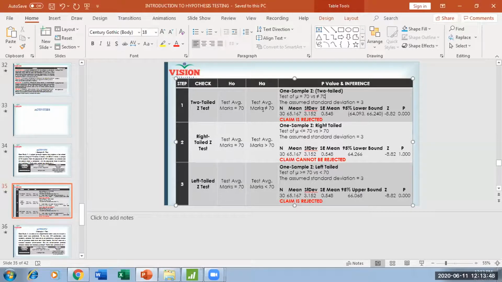It may be on the left side moving to 65, or it may be on the right side moving to 75. The difference after movement, your process has shifted. Principal claims he is running a process whereby students will score 70. But reality is, over time, your process got shifted. To the right is good, to the left is bad. But anyway, shift has happened. And that difference in the mean after shift is significant. That is why we reject the null. After rejecting the null, we now refer to the data and understand who is good or who is bad, because it's a two-tailed test.